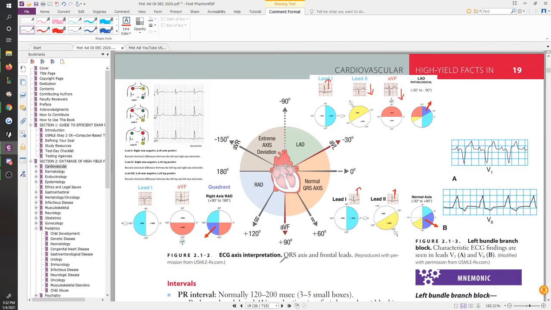Okay, the red area was supposed to be down at, they don't have the red in this area, because in this image here, they didn't put AVF. They just put 1 and 2 because that was enough to make the point. But AVF was actually supposed to be something that was more on the right side, and now it's on the bottom. And when you do the overlap with these two, you get a purple area that's pointing so far to the right side. That is a right axis deviation. That's not supposed to happen.